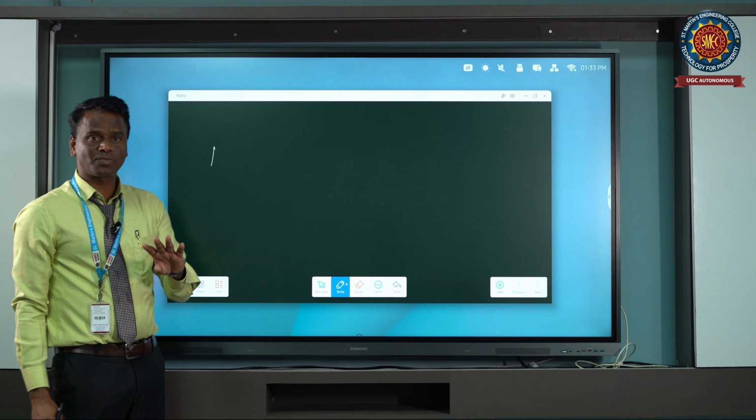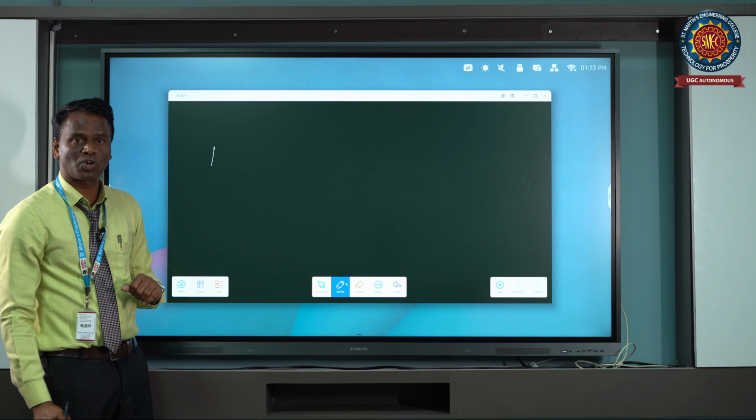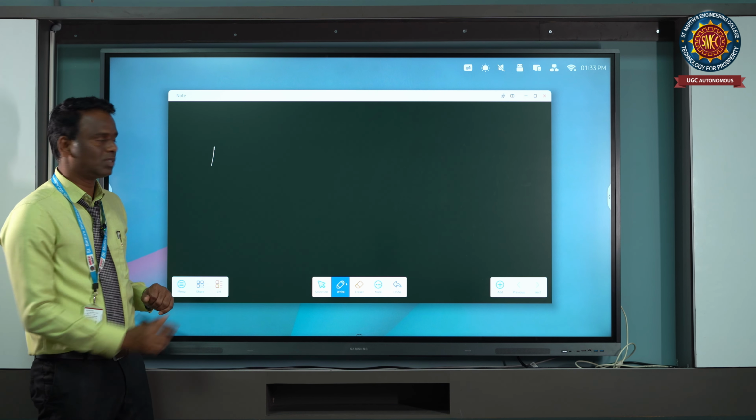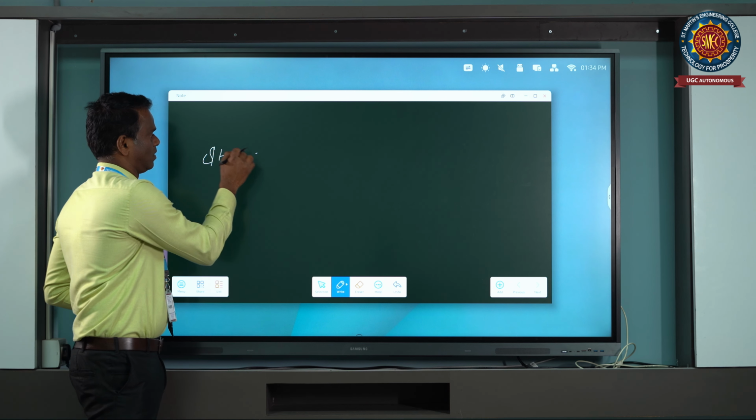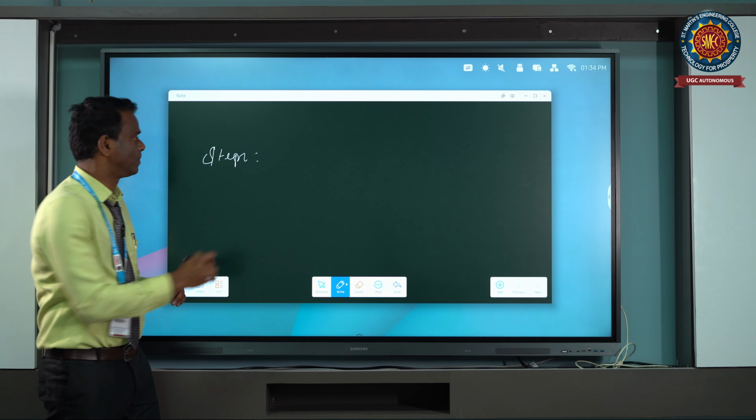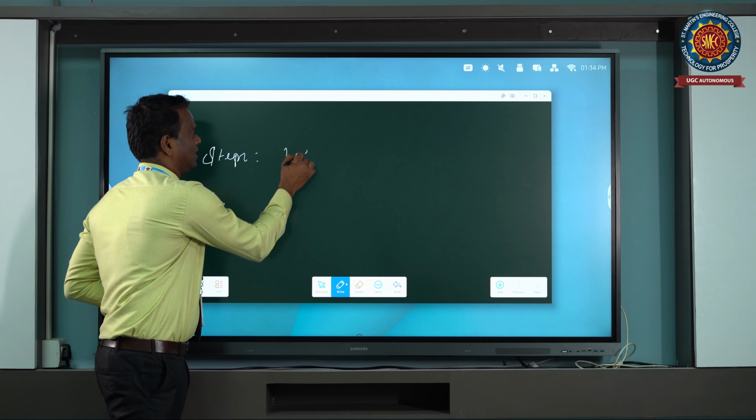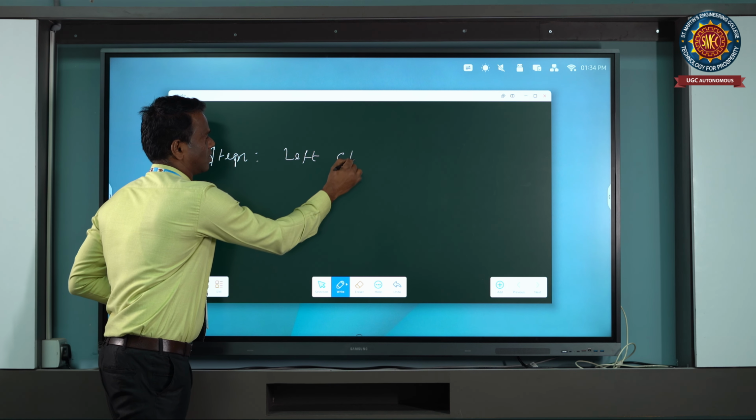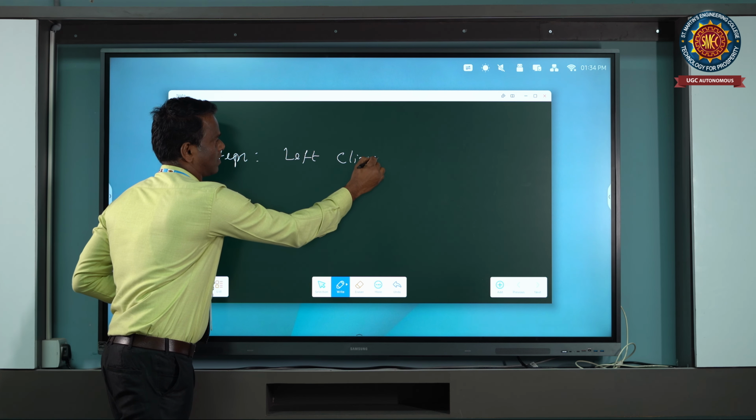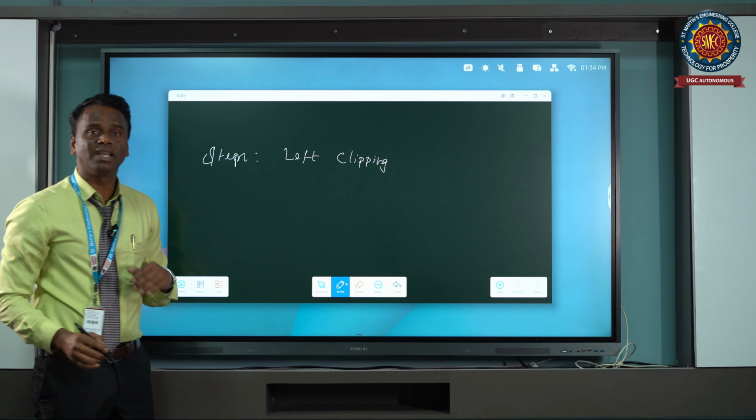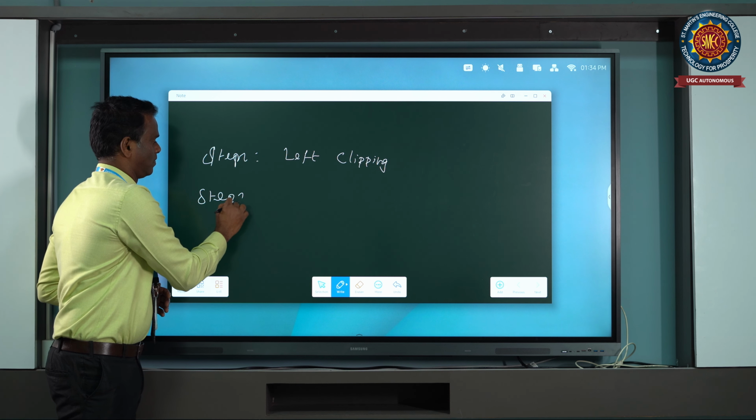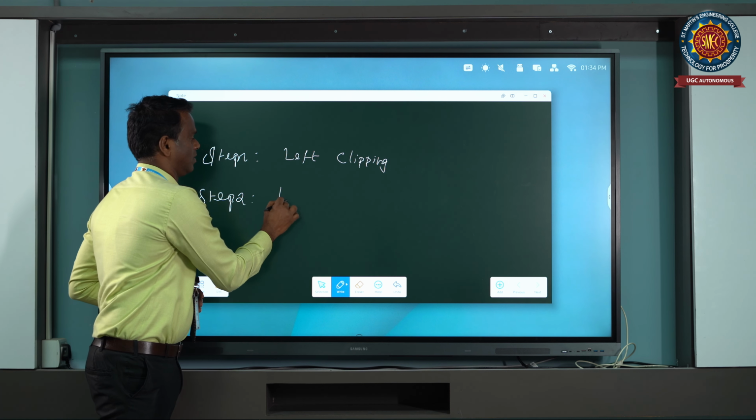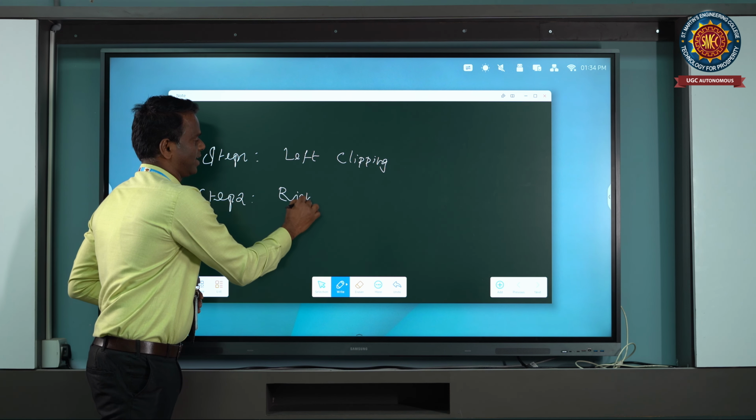So there are 4 steps we have to follow in case of the Sutherland-Hodgman polygon clipping algorithm. First step is to perform left clipping operation, and second step, perform right clipping operation,